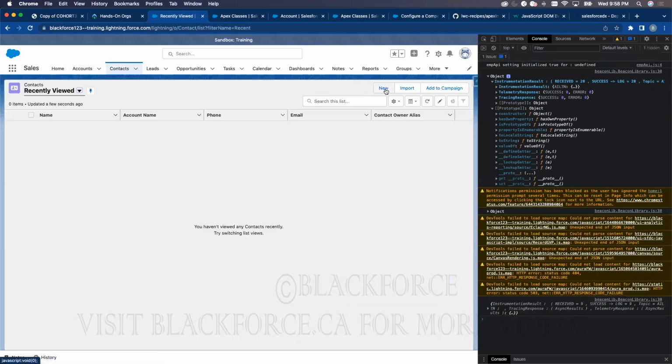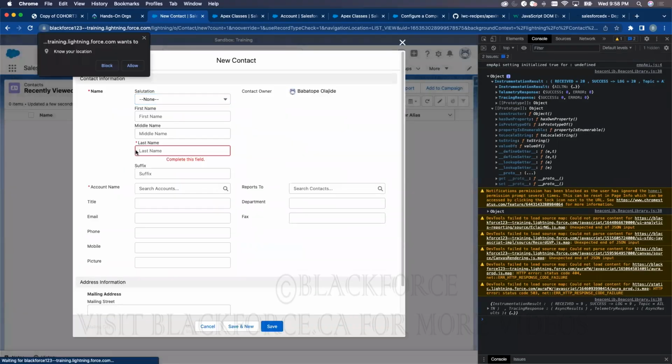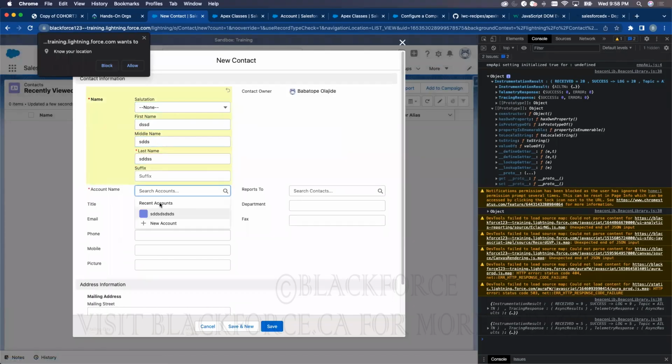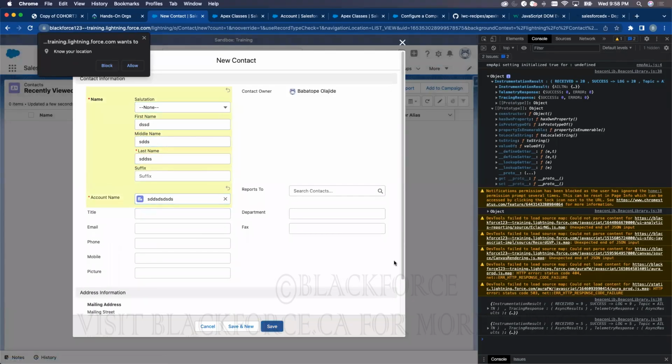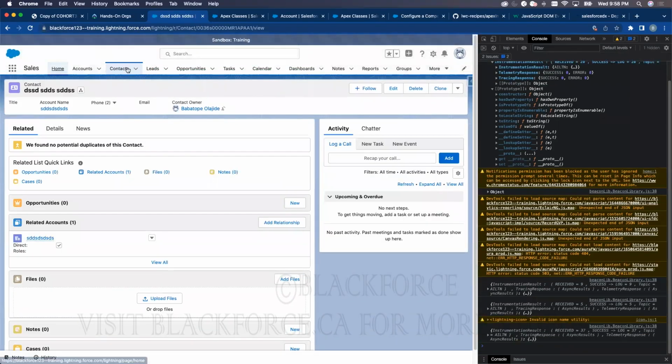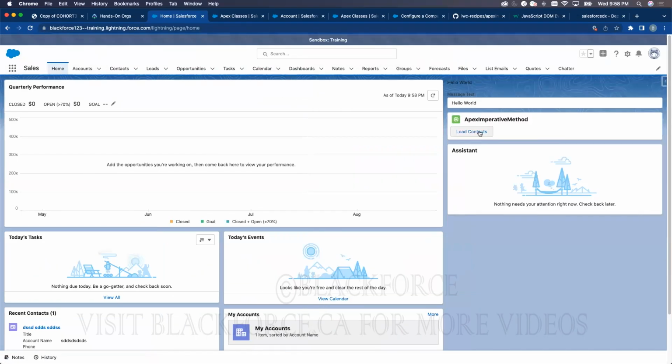Let's try to create a contact. Let's just create a dummy contact, okay? So let's go back to the home. And let's try to refresh this